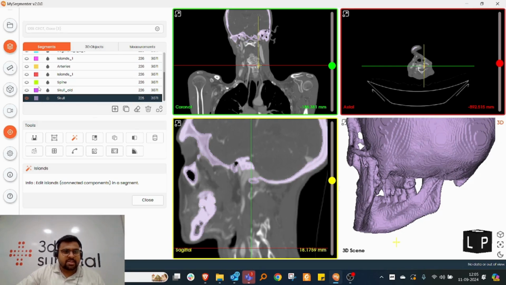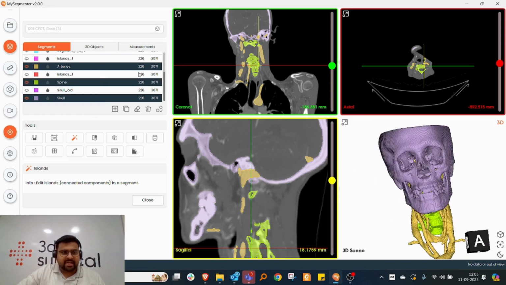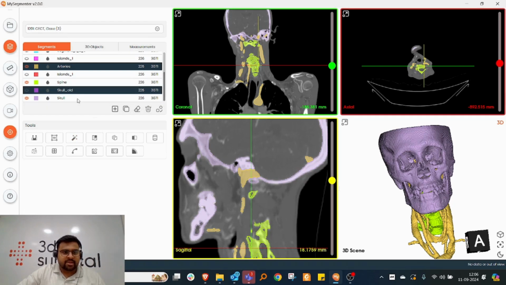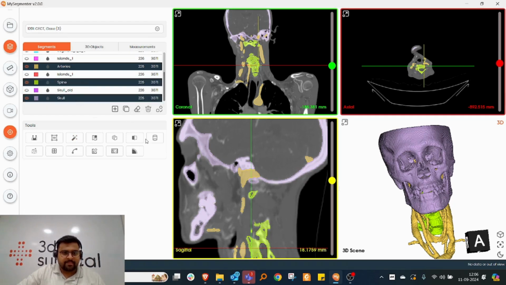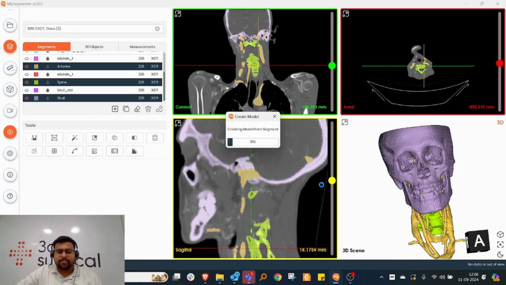Okay, so now this skull, this spine, and these arteries, I will use all these masks to create a 3D or an STL file. Okay, so I'll convert these segments by clicking on this button. First, I need to close this island. I'll select all the masks together, not the old one, but this one. Yeah. And when I simply hit convert segment to model, it has presets that are basically researched from the back end, that these parameters give you a much more robust output and it is much more accurate according to anatomy. And then we can hit apply, and it will create